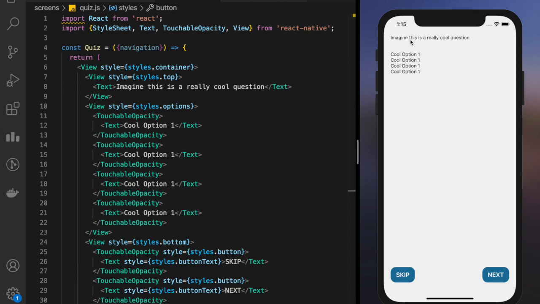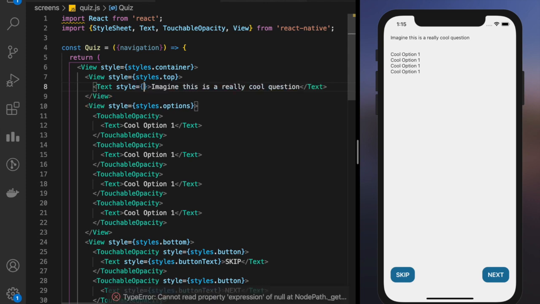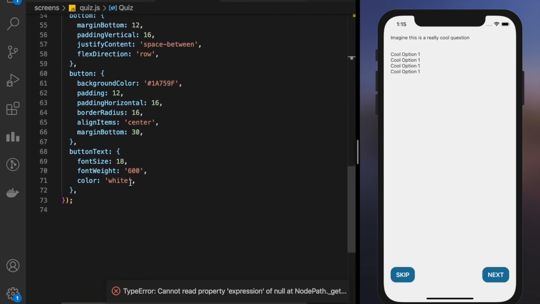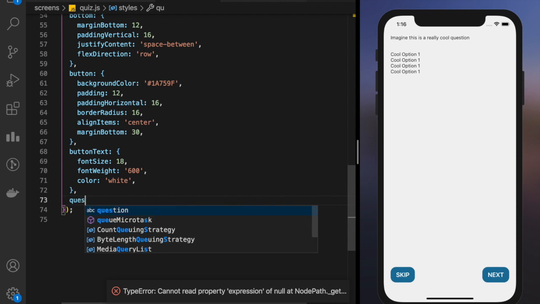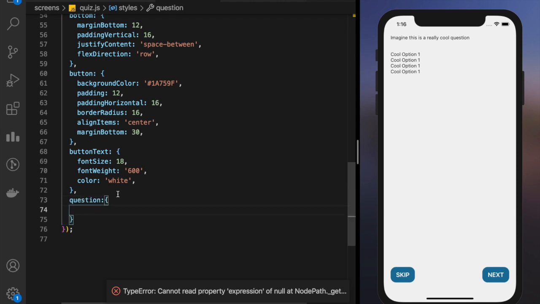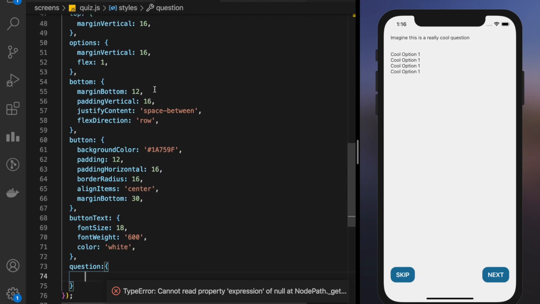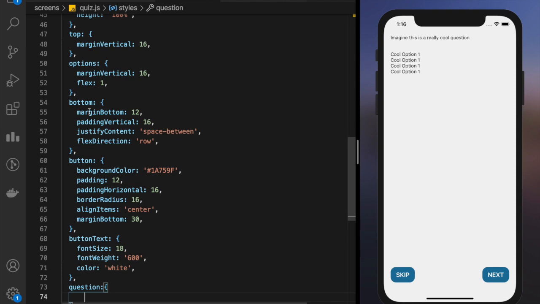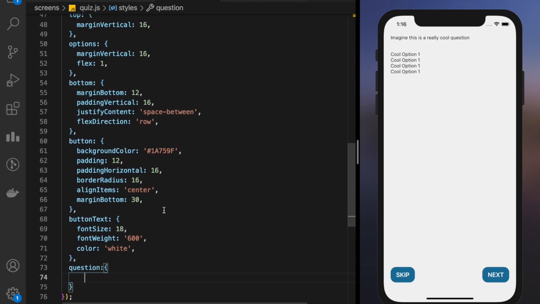So now I have to design this question, and I have to design these options. Great. So let's give it a style of question, styles dot question. Okay, if I am saying that I'm not following all the good code practices. Ideally I write these styles in alphabetical order, like B will go above options and so on, but right now I'm writing it as it is because it's a very basic application, not very complex.